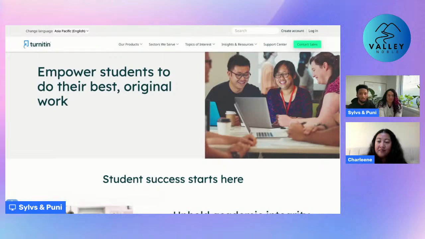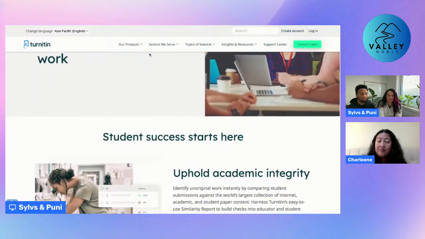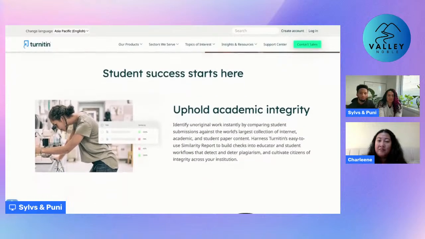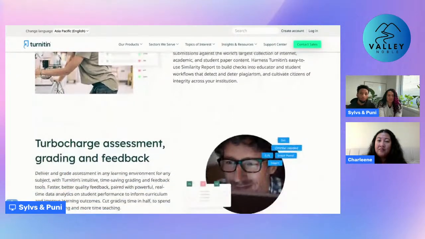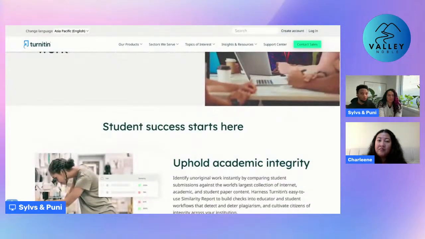It's really easily accessible. All you have to do is just log in, and if there's an assignment that is due, you're able to just click into it and then upload the assignment onto the website. And